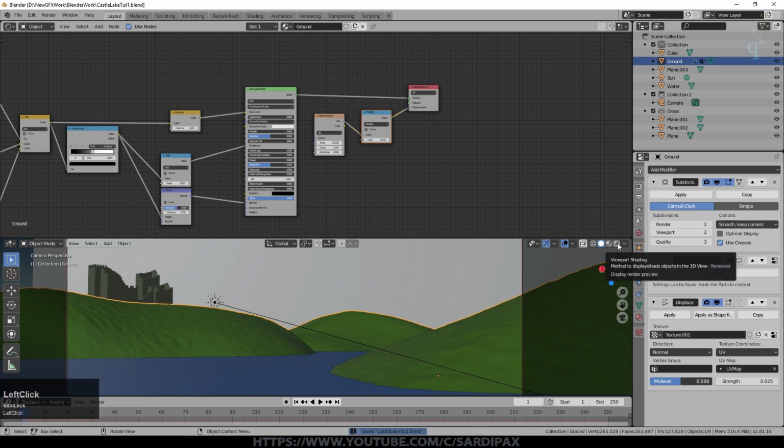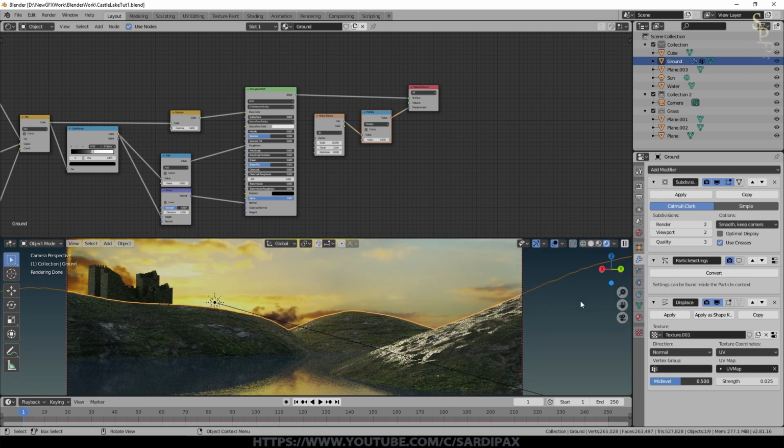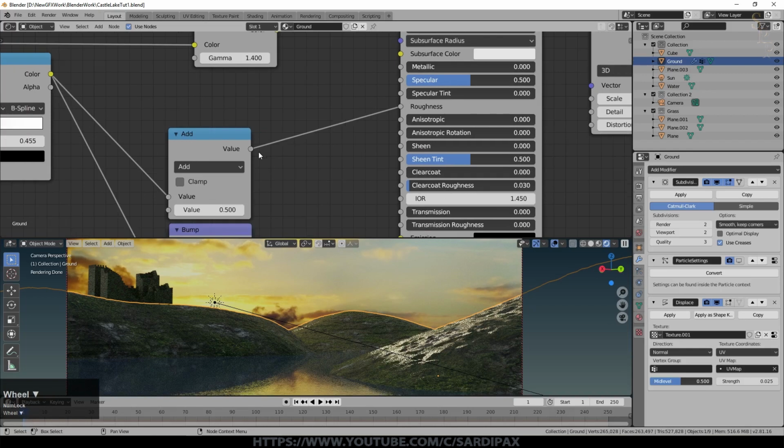And let's have a look what that looks like in the render. I think our reflection on our ground is also a bit too high, but you can see that's now broken up that hard line we were getting there. But our roughness is still not high enough. So we can increase it there. And there you go, you see that's damped it down. That's perhaps a little too high.